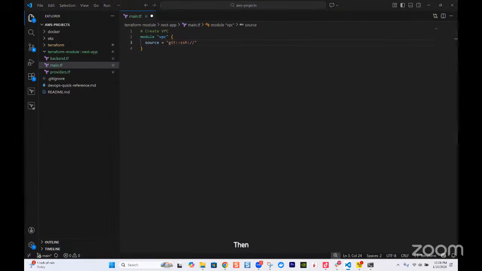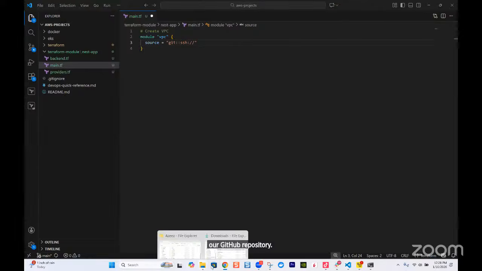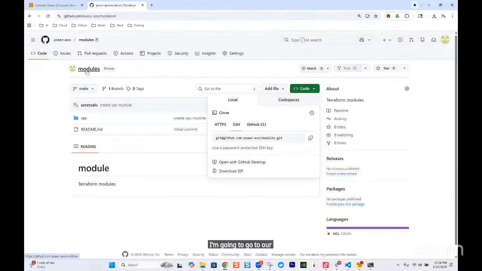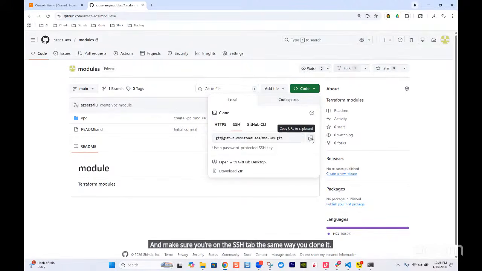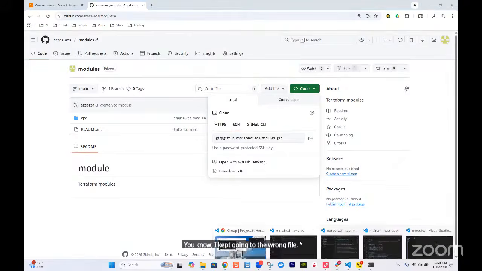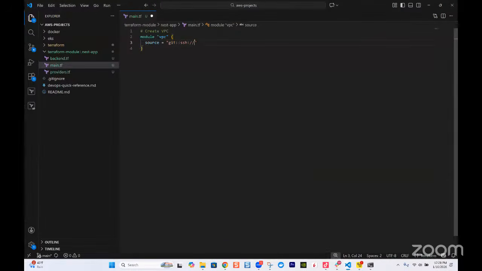Then once you've done that, we are going to go to our GitHub repository, where the module is located, and make sure you're on the SSH tab, the same way you clone it. Click this box to copy it, right? Then come back to your file. No, I keep going to the wrong file. Go back to your file, paste it here, right? Then once you paste it there,